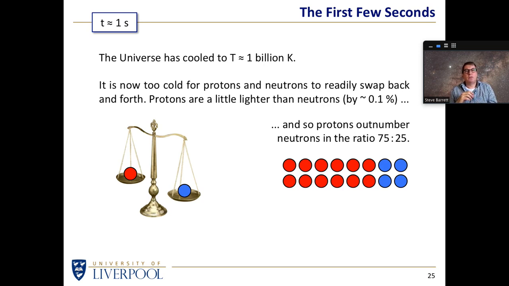Why should the universe make more protons? Here I'm labelling the protons in red and the neutrons in blue, and it turns out the number that are made at this particular point in time are, roughly speaking, 3/4 protons and 1/4 neutrons. And I'm just showing you a representative set of 16 particles here. Why should nature choose to favour the lighter particles when it's making all of these?